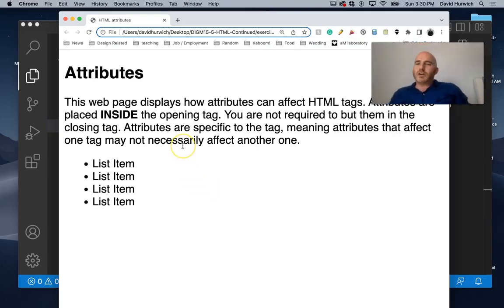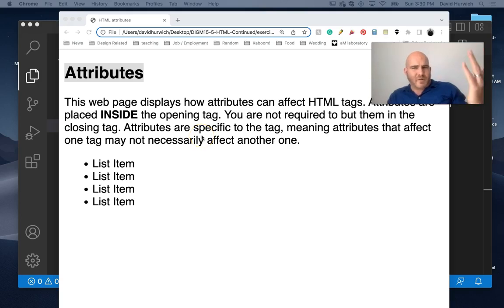Now, you might wonder, why is it that when I have a heading, the heading is always on the left side? Or why is it that my text is always black? Why is it never another color? Why is it always a white background? And the answer is that